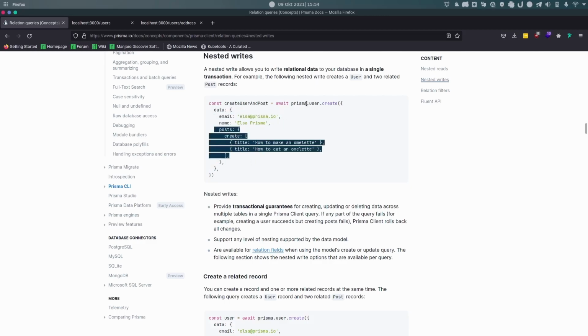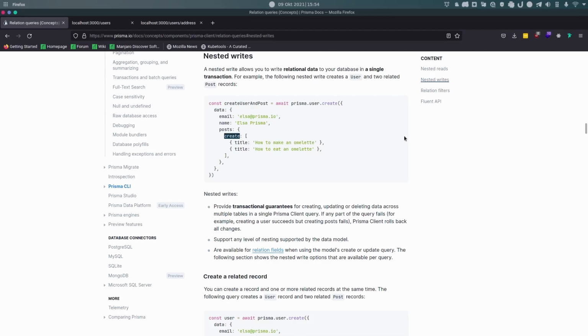In the documentation, there is a relationship between user and post. So during creating of the user, we are adding as well a list of posts, and within the post, it will mention the posts object, and then in here it mentions something called create. So let's do that in our